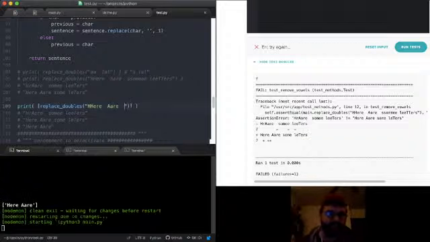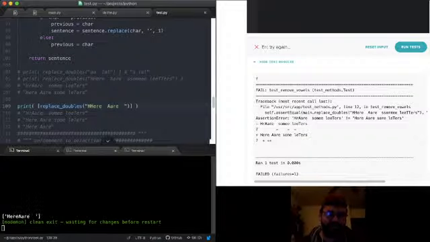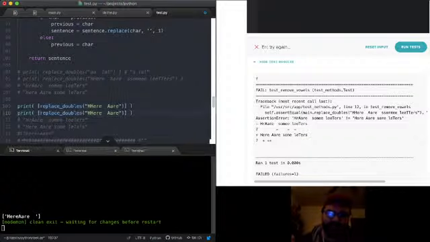Okay, so we expect one trailing space. Ah, look at that. We found the culprit. No trailing spaces is good. One trailing space is good. Two trailing spaces, and what we expect